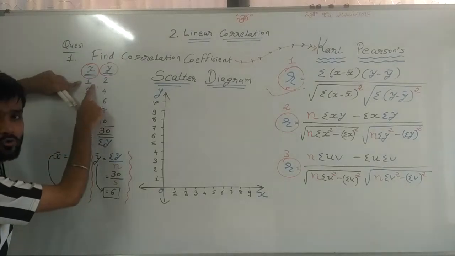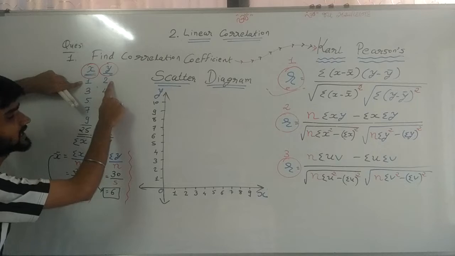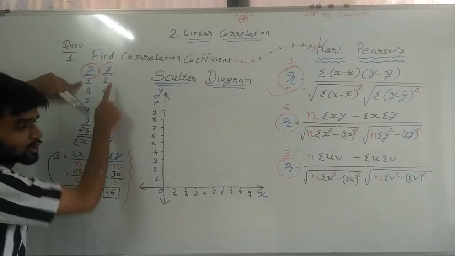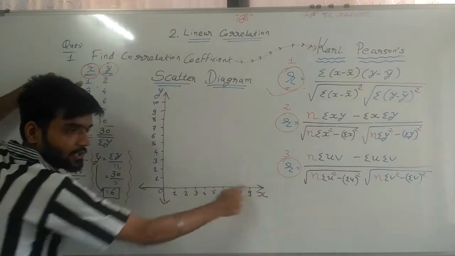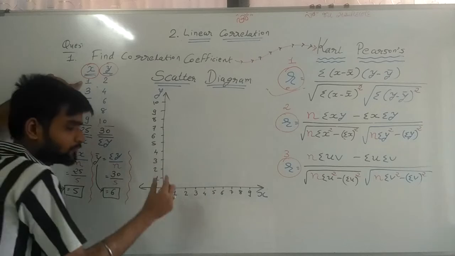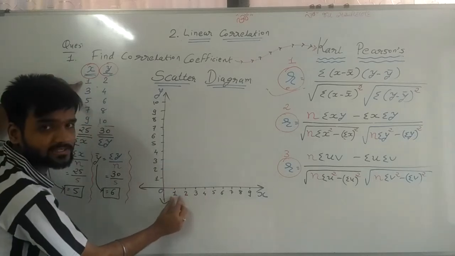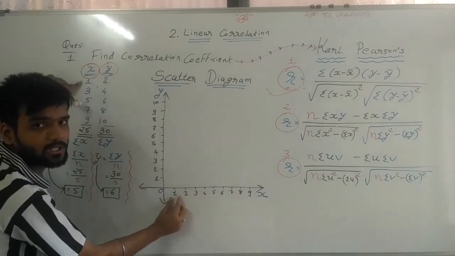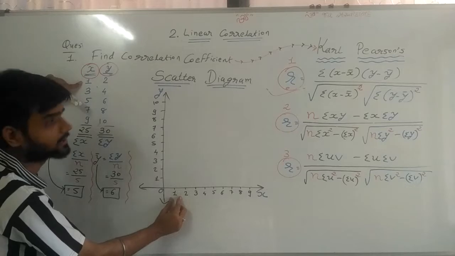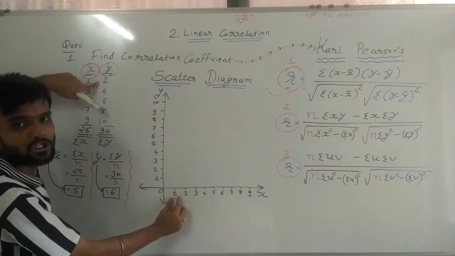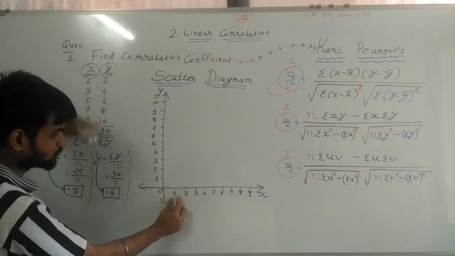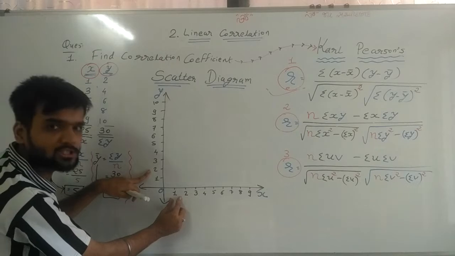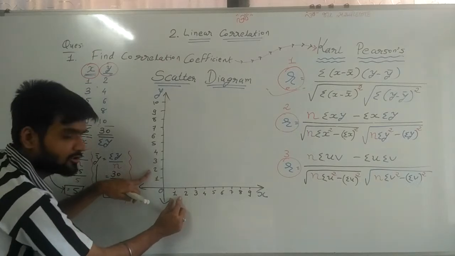X is equal to 1 and y is equal to 2. So on the x-axis we are seeing 1, because on the x-axis the value of the variable is 1, and on the y-axis the value of the variable is 2. So I have to plot